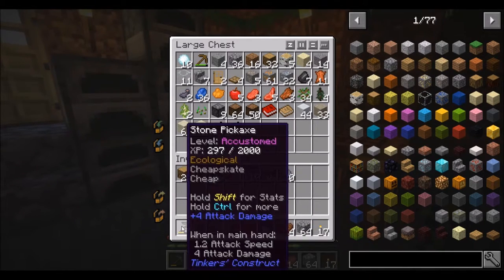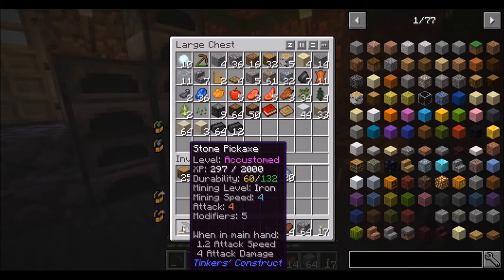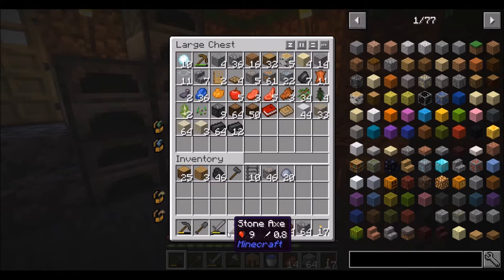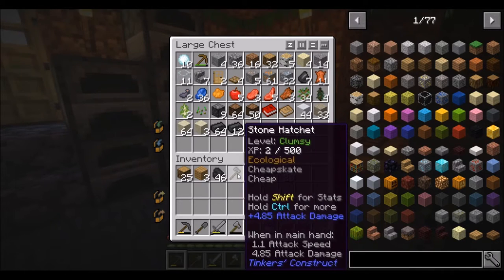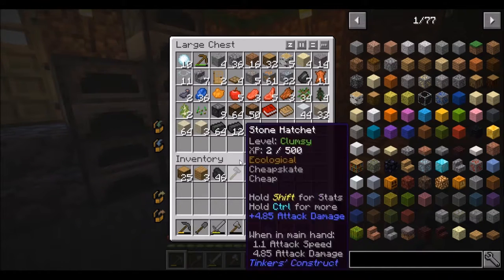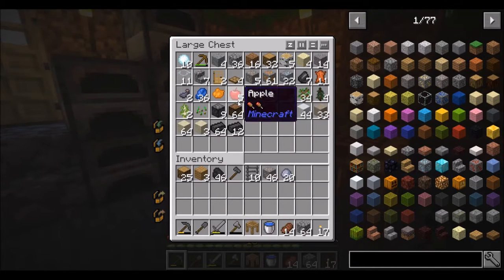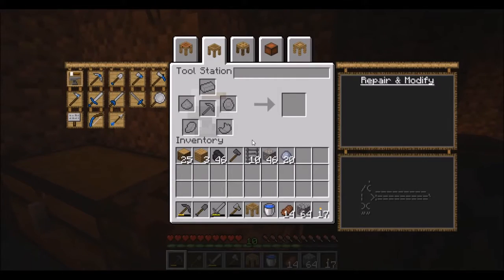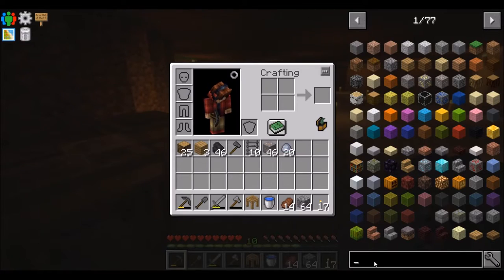So, yeah. Our pickaxe is leveled up to 5 modifiers, our shovel has got 4, and then we've still got the regular Minecraft axe and sword. Oh yeah, I've got this hatchet as well, so that's for when that one breaks. I'm wondering about Tinker's weapons, because... Well, actually, if we go to